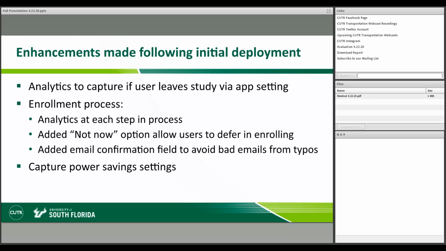choosing to participate? We also added a not now option when the user gets the initial pop-up, where someone's just trying to get into the app quickly to see when their bus is arriving. Initially, it was a hard choice, you had to say yes or no, you wanted to participate. There was no option to say, maybe later. And so we added an option to say maybe later. So if someone was rushing to get their bus, they didn't need to worry about reading the full informed consent. They could do that later if they wanted to opt in later.